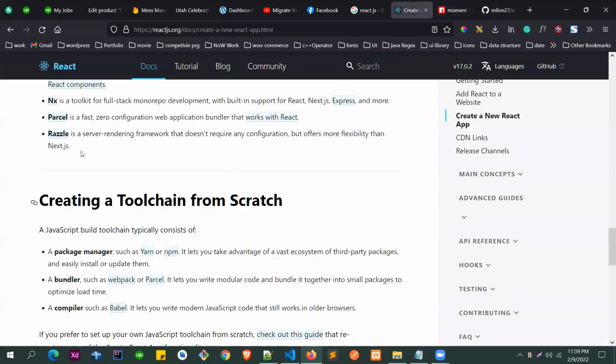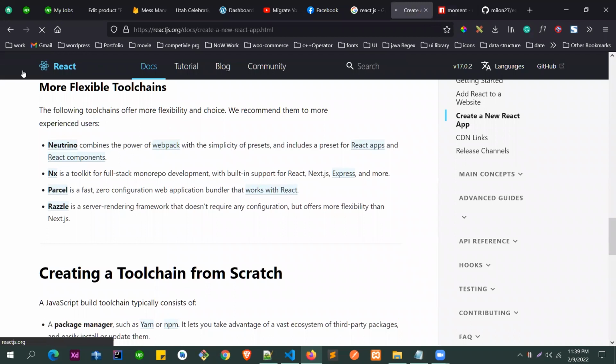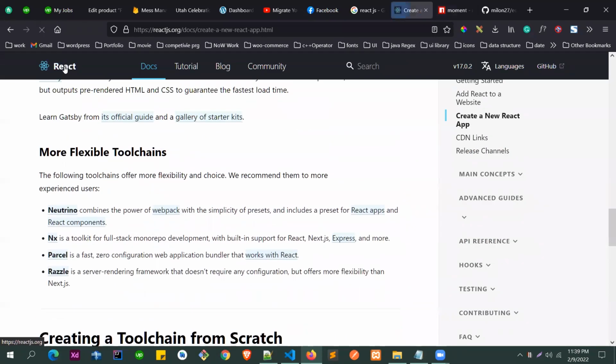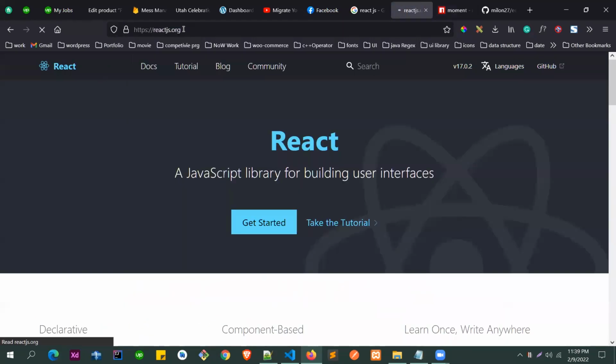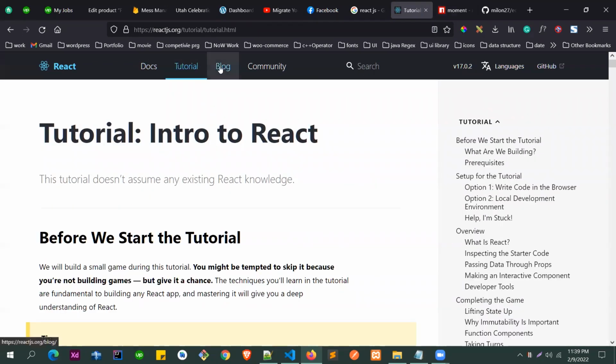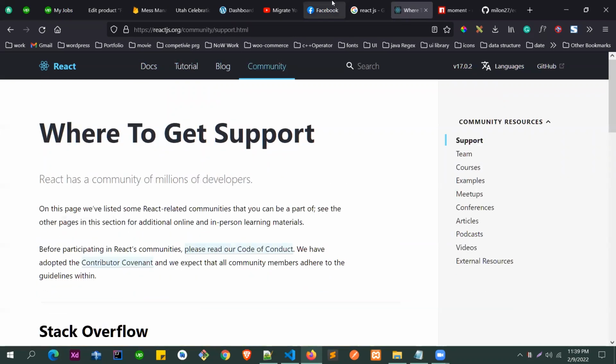So let's say this React documentation is also a React project. So react.org is also built using React. How will you understand it is built using React? If you just click here, as you can see, the page is not reloading over here, right? But if you go to, let's say, just a regular website,